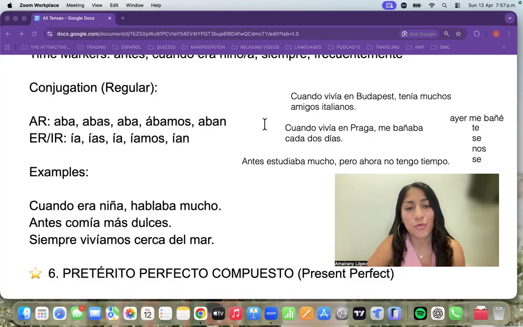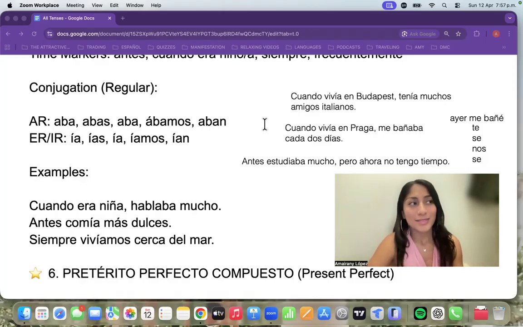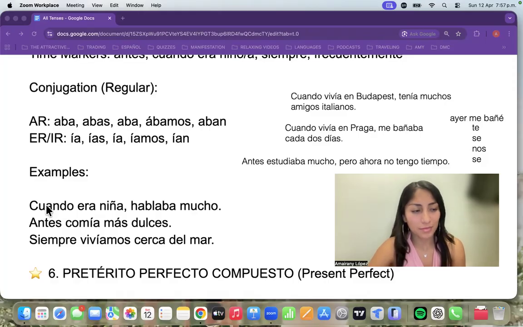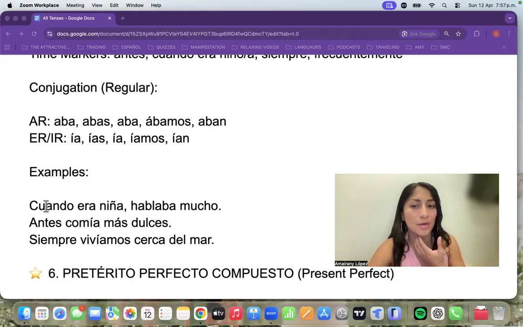Now, when it comes to the imperfecto, we are focusing more on stories, okay? More about things that used to happen in our lives. And why is this important? Why is this something that we use in everyday situations? Well, you can also talk about things that were kind of like the background, the context of the situation. So what I mean with that is,